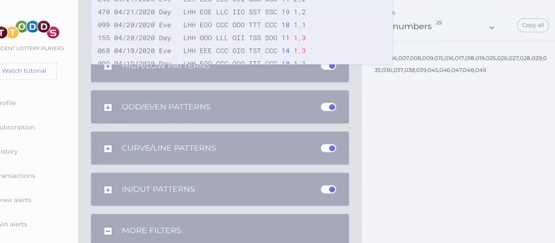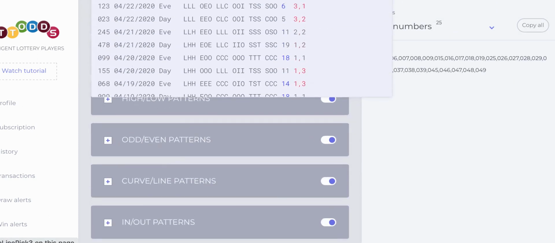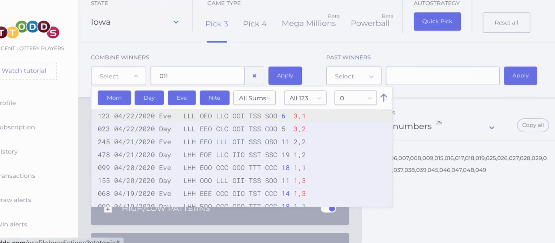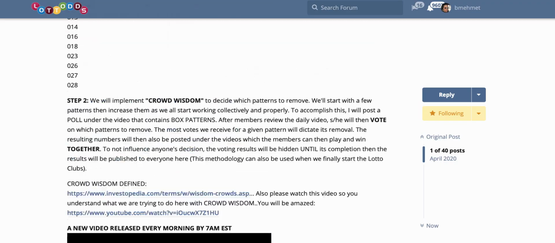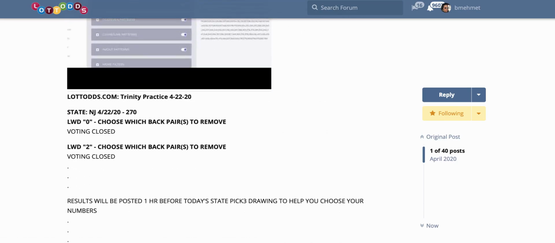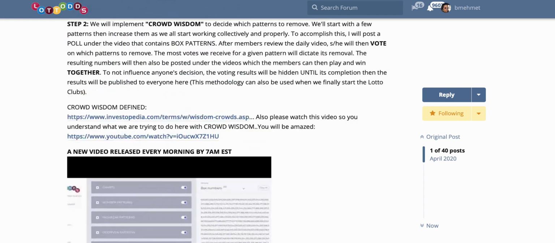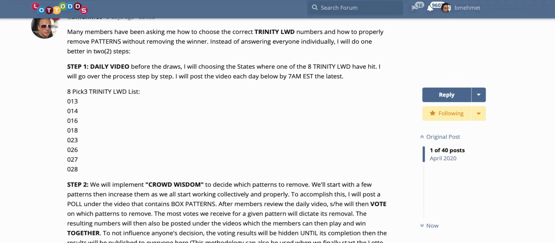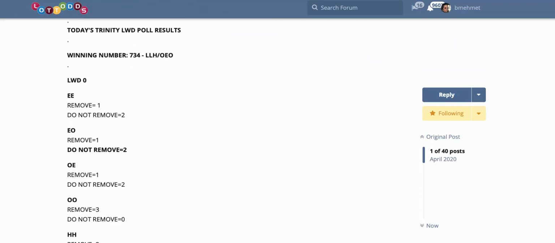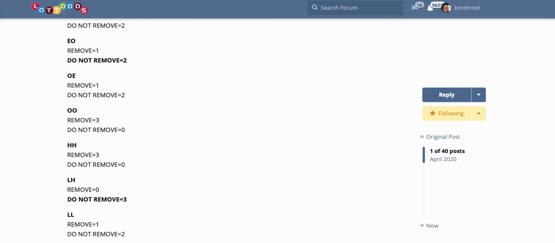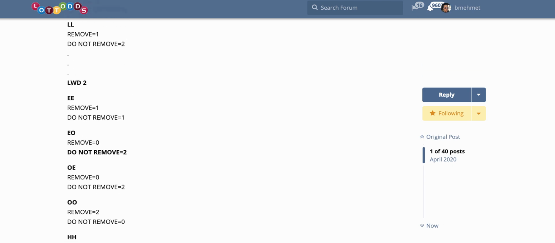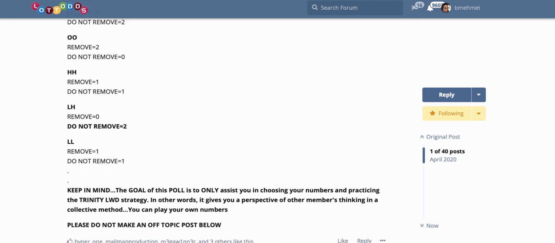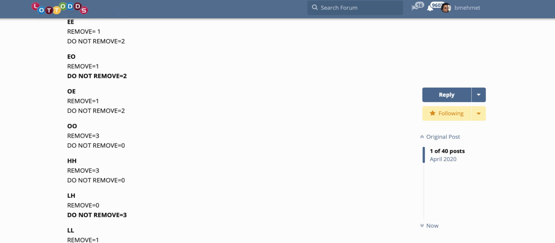As we progress, we're going to get into all these in, out, and curved line filters as well. I don't want this video to be too long, but I want to show you something interesting before I leave. I want you to take it from here and just try to work it out. Come back to the forum, right? Because I'll have the new links available down here with the 0-2 for you to vote to determine which patterns you want to remove out. It's good that you participate because then you'll be able to see the results of what other people are thinking. You can compare it with the patterns that you picked and removed, and it will really help you get used to it.